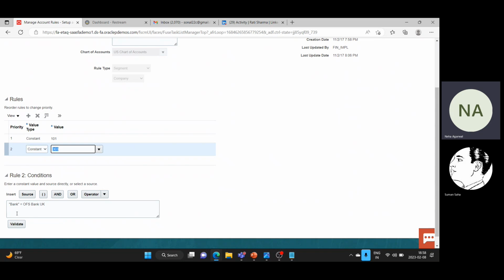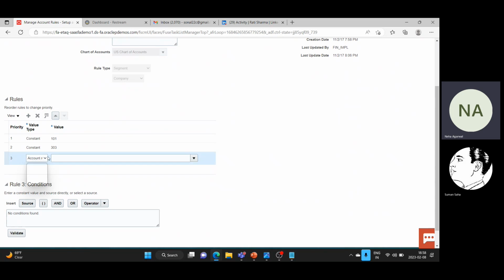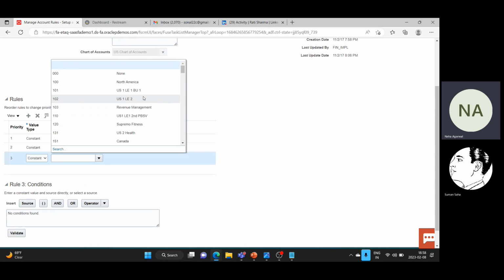Okay, you can specify the condition in here, or if not, then like if I had a third value also, then in the third priority I need not have any condition, I can just have the value. So say if my bank is US, it will pick 101. If my bank is from UK, it will pick 303. And if say my bank was in India, it could be picking the third constant if any present in there. So here I can select constant, and here I can give the company segment value for our third